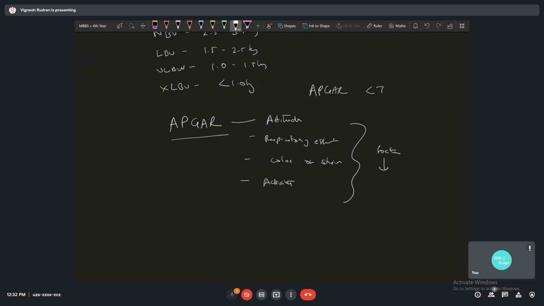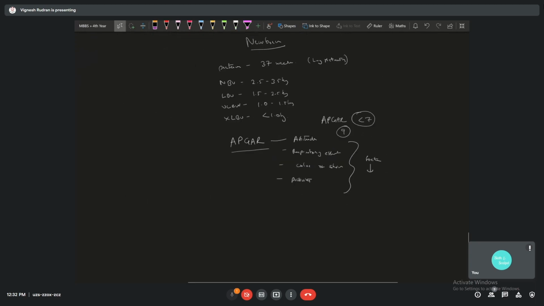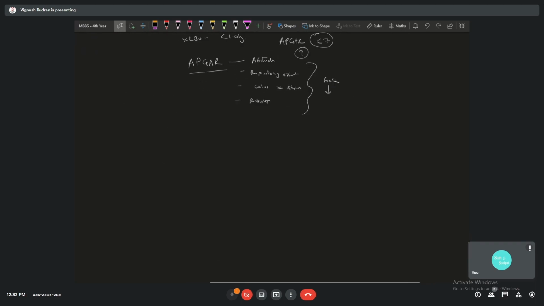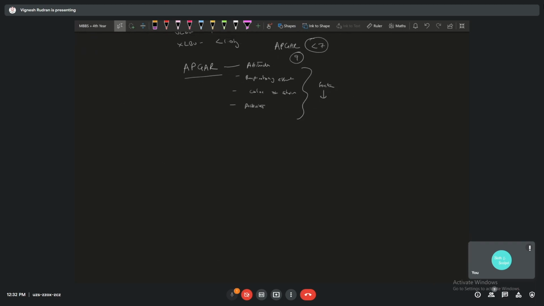of less than 7 means you need to give some kind of resuscitation or some kind of care. A score of 9 is usually fine. You check it immediately after birth, and 5 minutes and 10 minutes after that, you keep checking until the baby becomes all right. Some few other scores are, you have your newborn